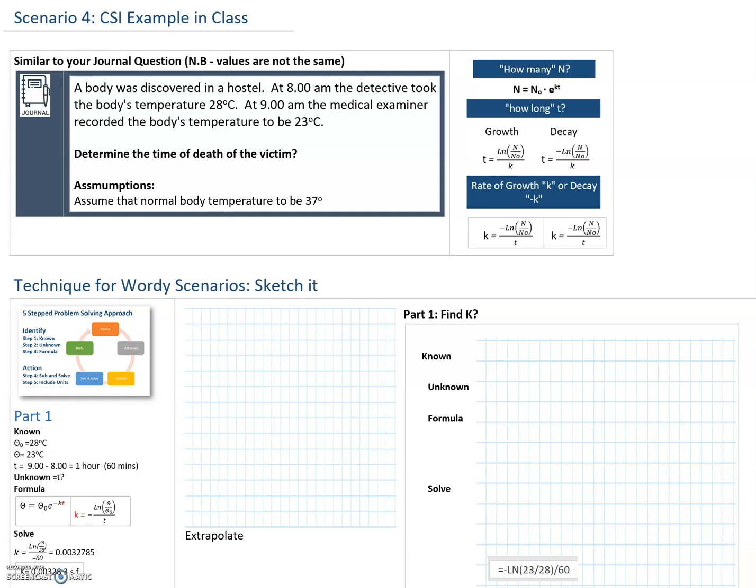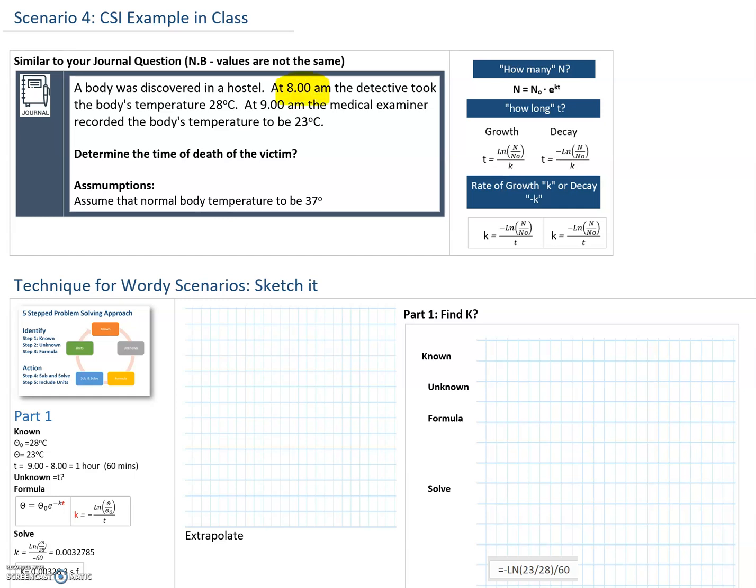Okay, so we're going to work through our CSI question here for the journal. And this is similar, but not exactly the same values. So just watch that when you're doing your question. So our question is, there was a body found in a hostel, and we know that the body was found